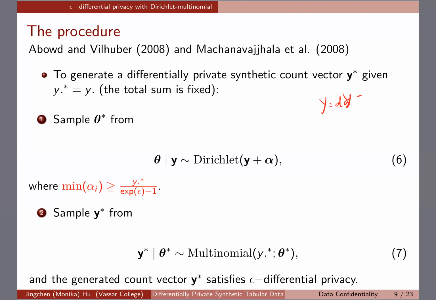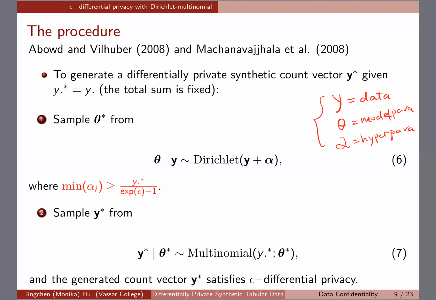Sorry about that, I have to redo this. Y is the data. Theta is the model parameter, and alpha is the hyperparameter. I want to highlight this mostly because I want you to notice what is what